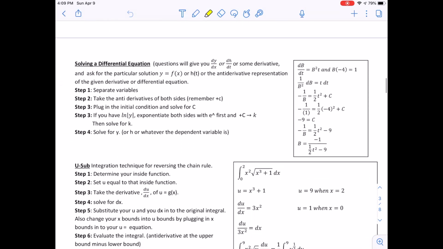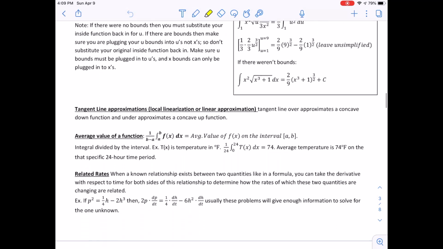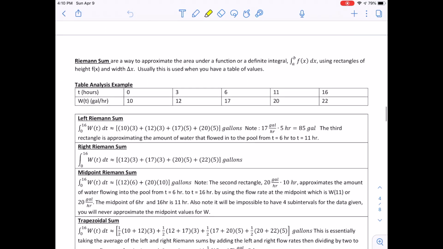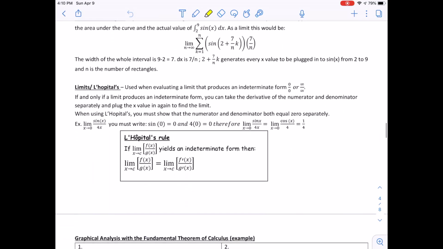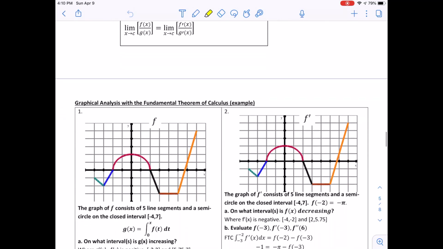I'm going to be going over the most essential elements of the AP calculus curriculum, many of which you see on the review sheet on the screen in front of you. This review sheet has all the things you need in order to be successful on the AP exam, distilled down